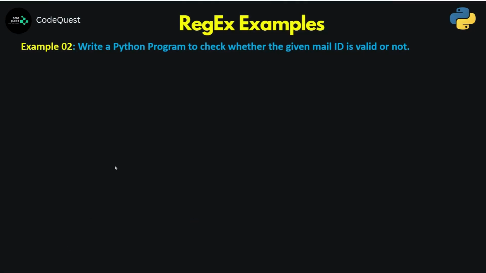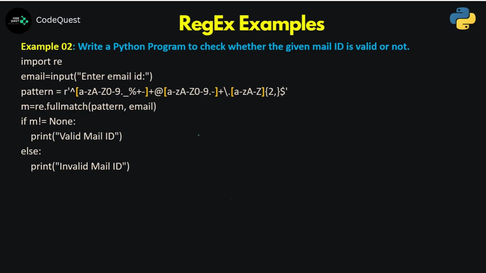Now let's see one more example where we are going to verify whether the supplied email ID is a valid email ID or not. Usually when we talk about an email ID, there are minimum 3 portions. Let us say this is your first portion, which is going to talk about the username part, and there is a mandatory @ symbol followed by a domain name, and again there is a mandatory dot, and towards the end we call that a top level domain, which normally ends with, let's say, .in, maybe .com, .edu, okay,